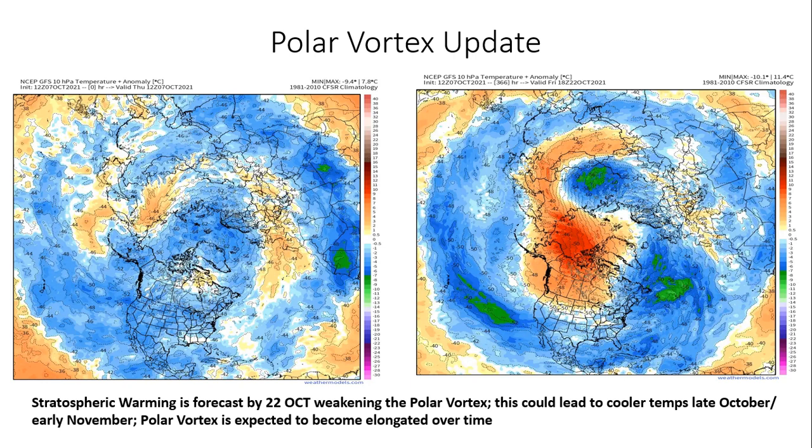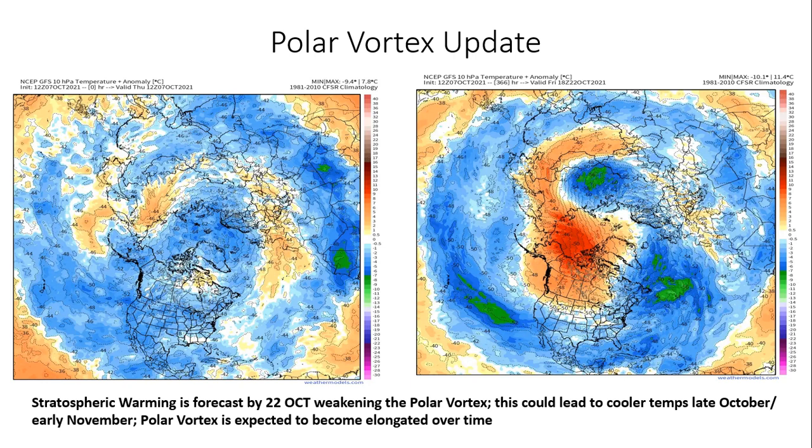So the red and the orange shadings indicate well above normal temperatures at that particular level in the atmosphere. The graphic on the left starts out on the 7th of October. You notice it's fairly blue shading across the Arctic area, the polar areas. The graphic on the right shows the forecast for 22 October. So you notice how that blue coloring on the left is replaced by the darker orange shading on the right